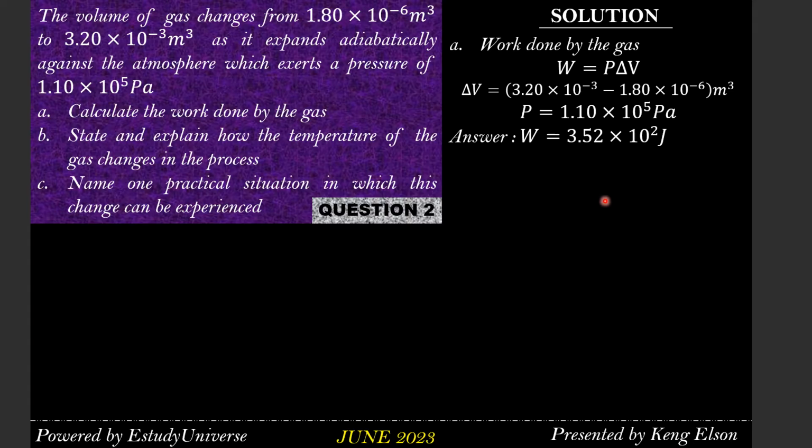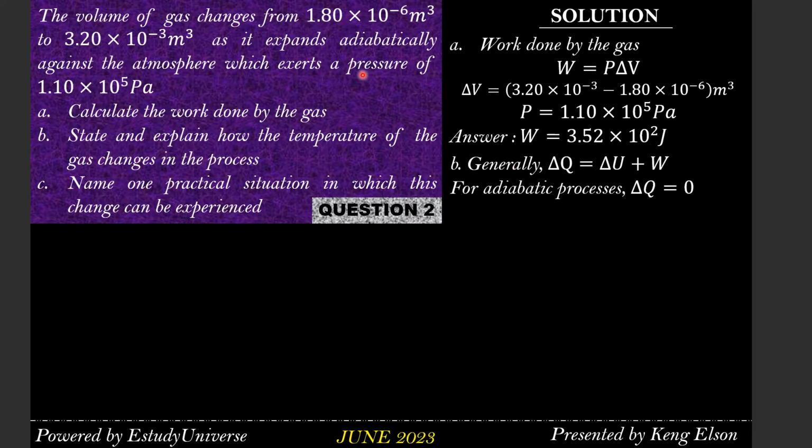All right, so let's move on to the B part of the question, which is asking us to state and explain how the temperature of the gas changes in the process. So basically we have that the heat supplied to the system is its internal energy plus the work done by the gas on the system. Since the gas is expanding adiabatically, the net heat is equal to 0. So if delta Q is 0, then delta U will give you minus W. So it therefore means that